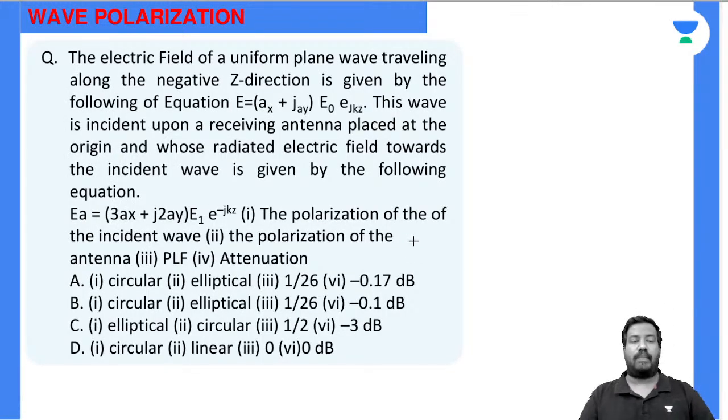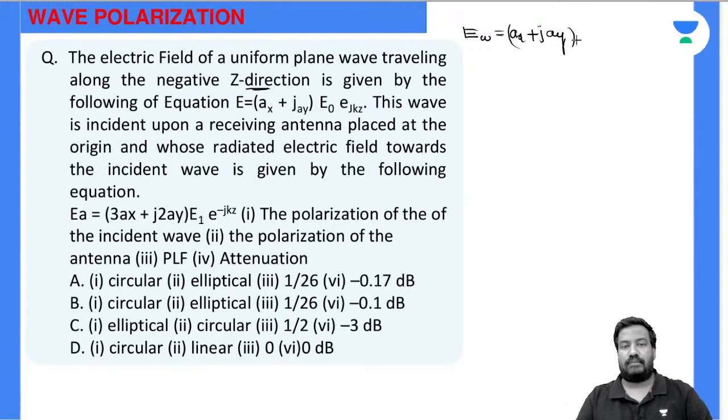Similar kind of a question. Electric field of a uniform plane wave traveling in negative z direction, E of the wave, EW, is given by ax plus jay, E naught into e power jkz. This wave is incident upon a receiving antenna placed at origin and whose radiated electric field towards the incident wave is given by